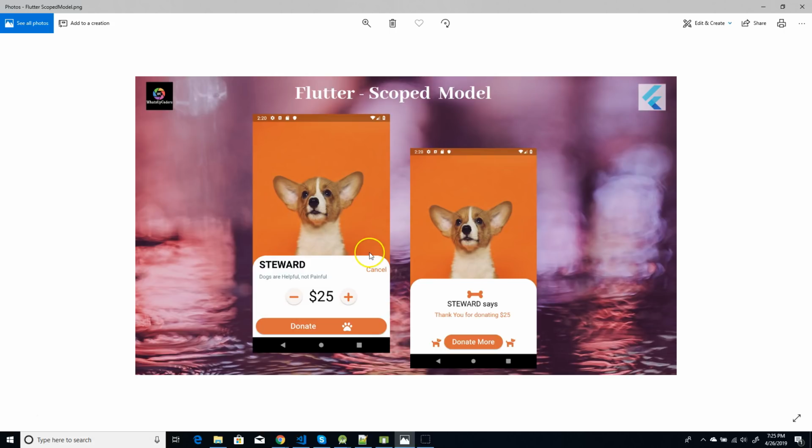As per the doc definition, it says that scoped model is a set of utilities that allow you to easily pass data model from the parent widget down to its descendants. This is one of the simple and straightforward definitions you can find about scoped model. The point that you need to understand is whenever the model gets updated, it rebuilds all of your children that use this model. That is something that you need to make a note of. And also scoped model extends Listenable, Widget and InheritedWidget, and that's what makes it so powerful for state management